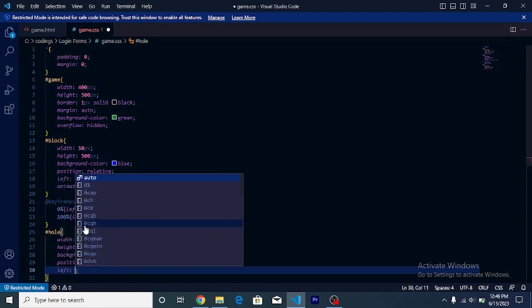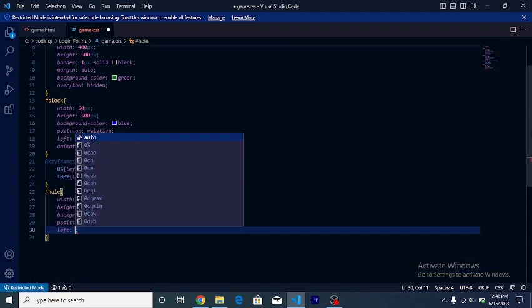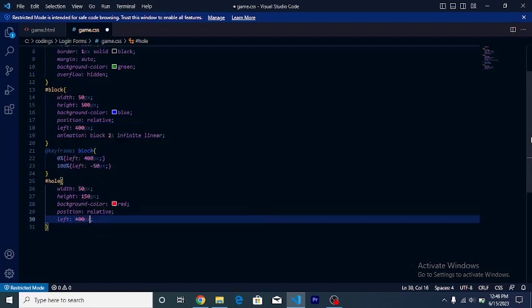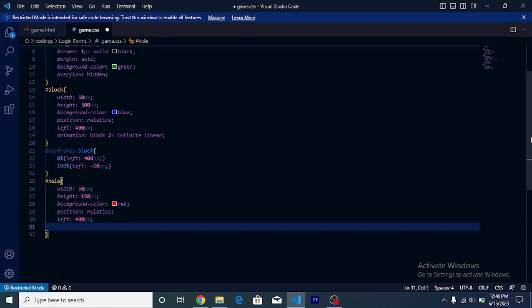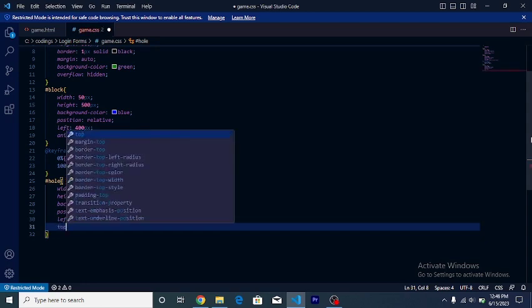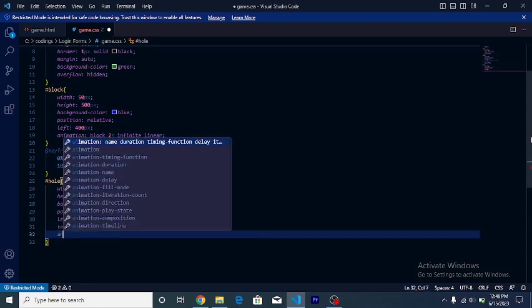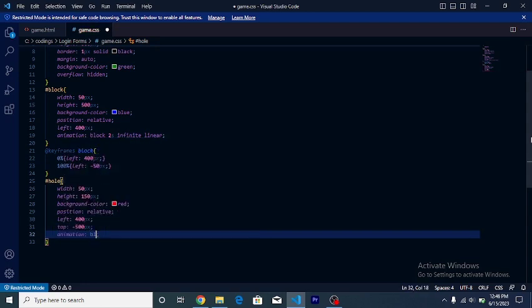Yeah, remember, you can't work without that position relative. 400 pixels, top minus 500 pixels, and then we're gonna put in the same animation block